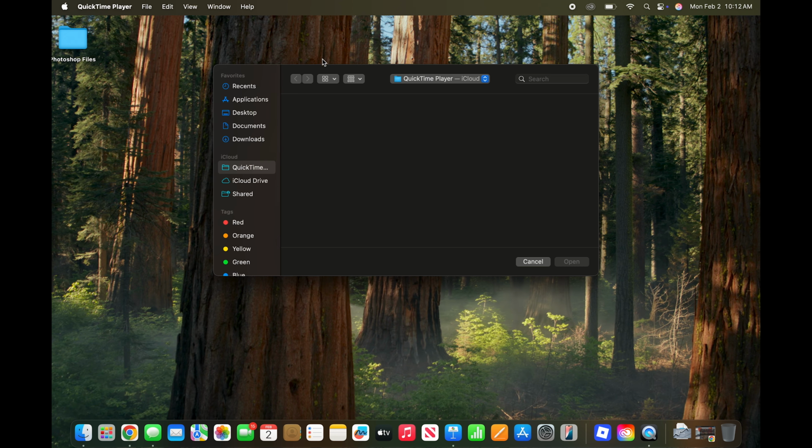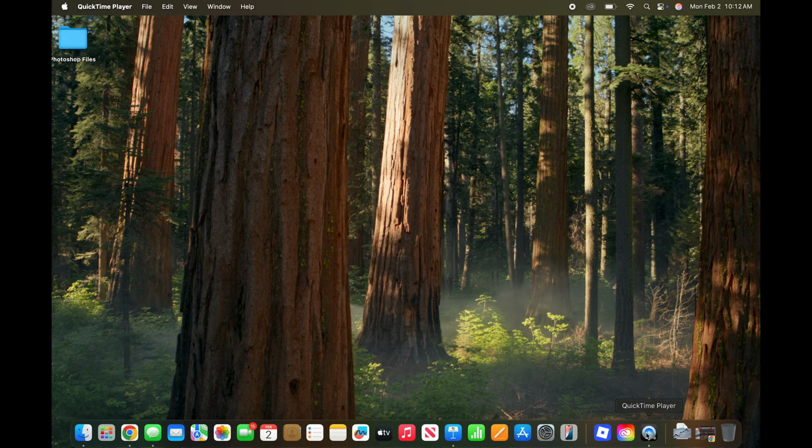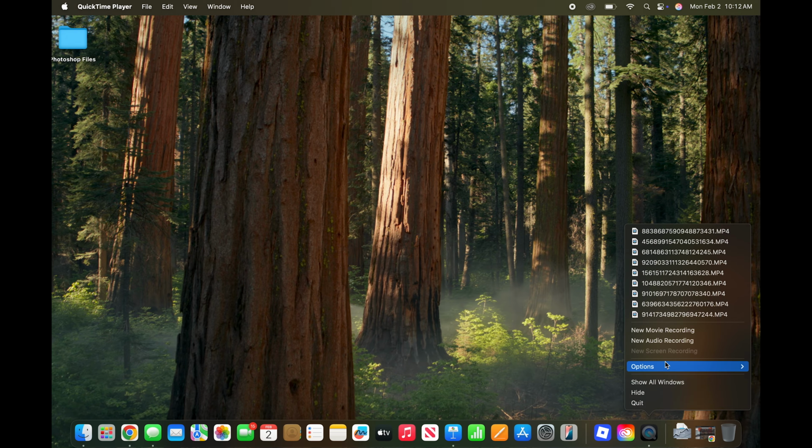This is going to open up a page that looks like this. Hit cancel on this page right here, but as you'll notice, it's going to open up the QuickTime Player down in your little dashboard down here. So go ahead and find QuickTime Player on here, right click on it, and you're going to see an option that says new screen recording. Now I'm currently using this, so it's grayed out for me, but go ahead and select that,